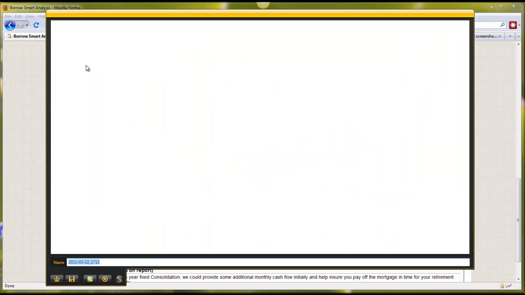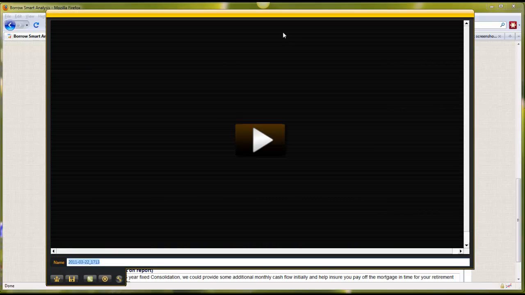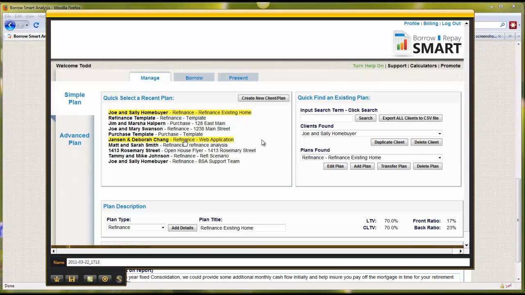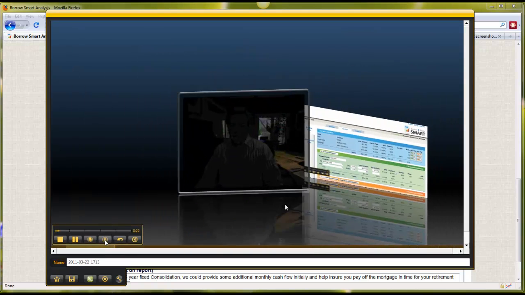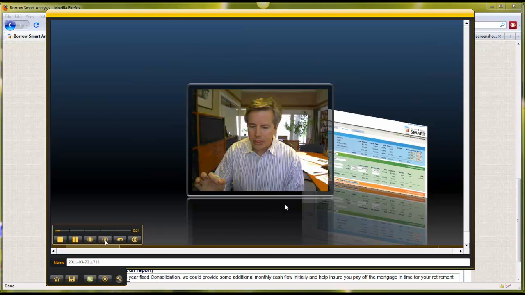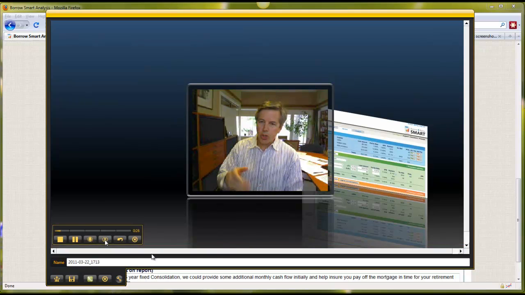I simply click the stop button, and it brings up the video in a window with a preview. And I can click this now, and I can actually watch my video. And you'll notice I can go through and see what it's going to look like and make sure it looks the way I want it to look. I can go through the entire video if I want to, but I feel like this was a pretty good